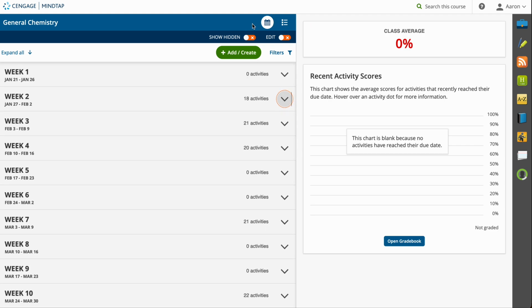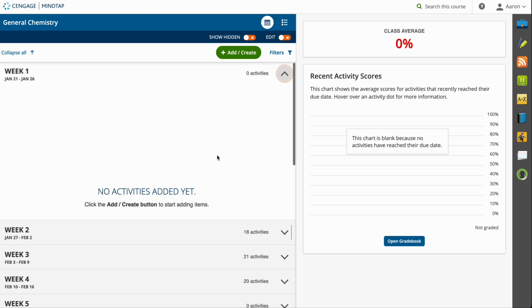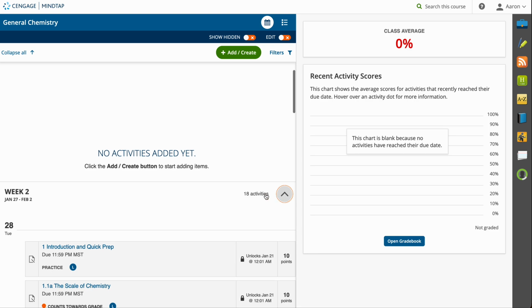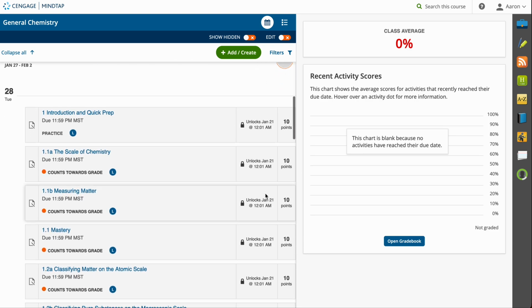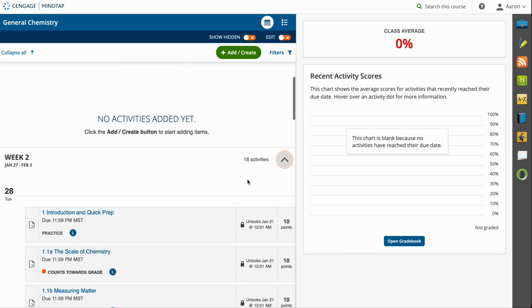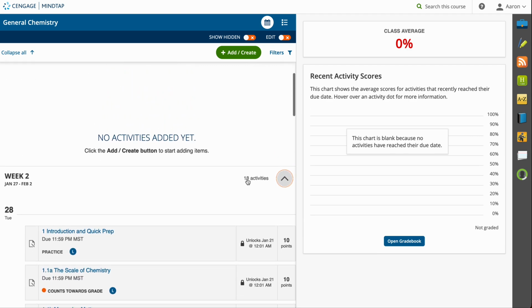But there are two essentially views of the book. Right now I'm in a calendar view, week 1, week 2, week 3. And that can be really helpful in terms of just organizing you in terms of what is going to be due for that week. It can be a little bit deceptive in the sense that week 1 there's 0 activities because there's nothing due, but there's a bunch of activities that are due week 2 that are all going to be due, on some date. So this is for the particular semester that I was making this recording in,